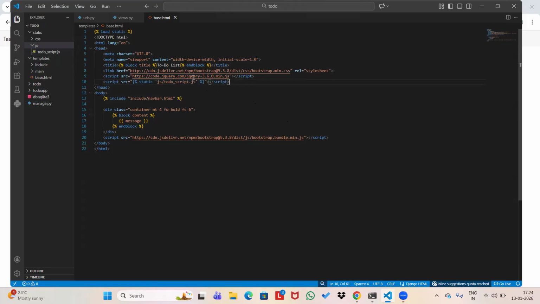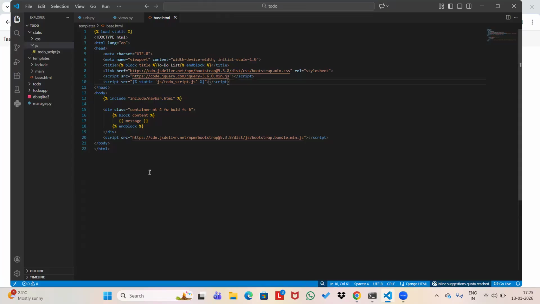Okay, next I have also included my navbar. As you can see here, this is my navbar. I want to use the navbar, that's why I have included navbar over here. You have to include the navbar. And one thing,